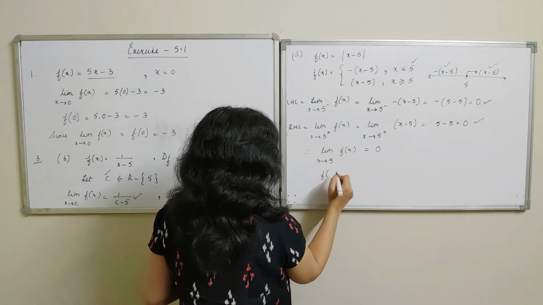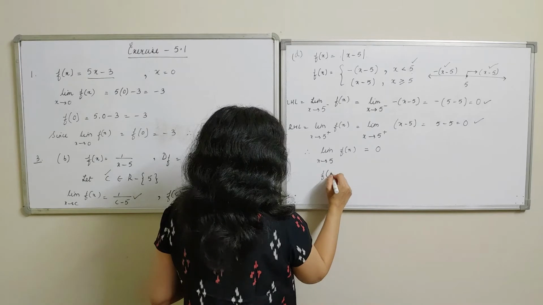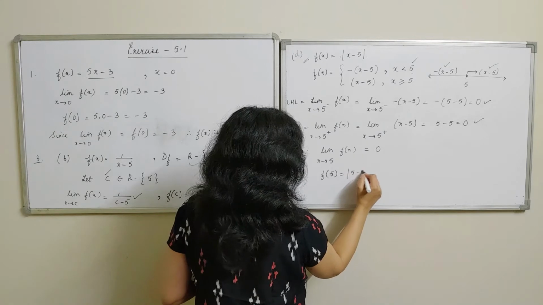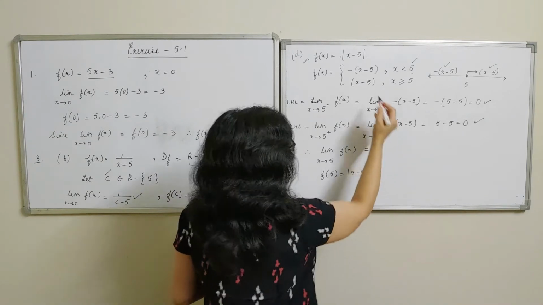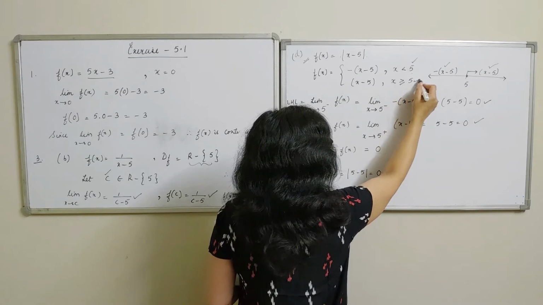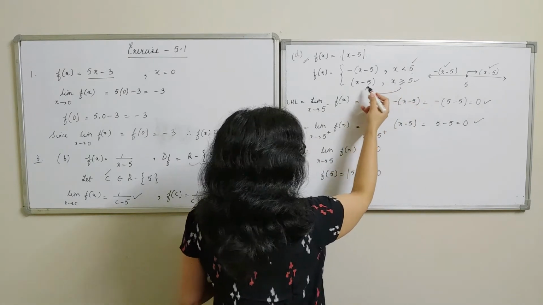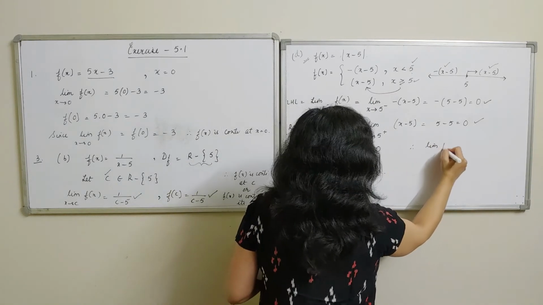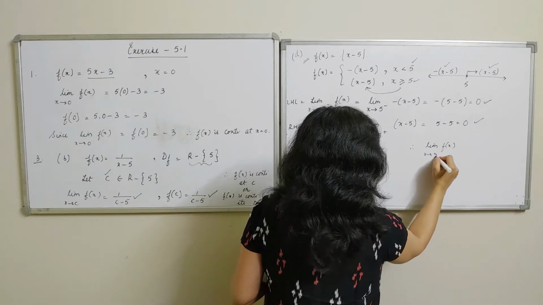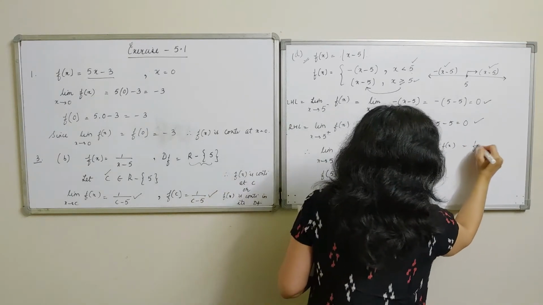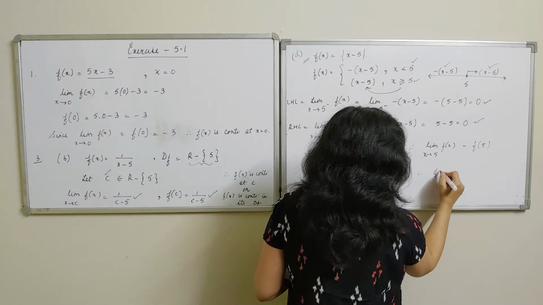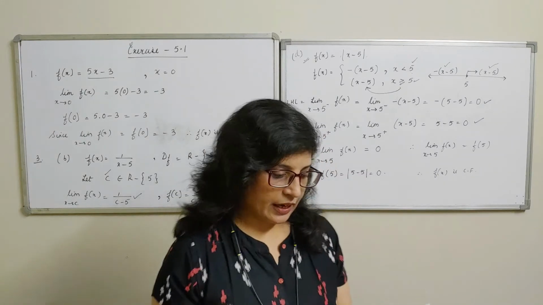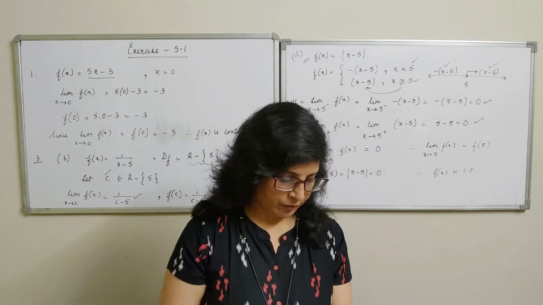Then we move on to finding the value of the function at the point 5. This is the function. Substituting x equal to 5, we get 0. Or here also, x equal to 5 falls under this condition, so our function is again positive x minus 5, which still gives us 0. Since the limit of the function when x tends to 5 is equal to the value of the function, the function f of x is a continuous function. Where is it continuous? In its domain, at each point of its domain.